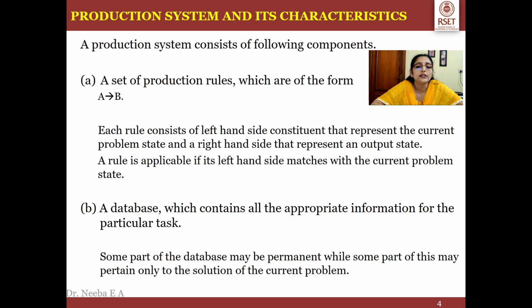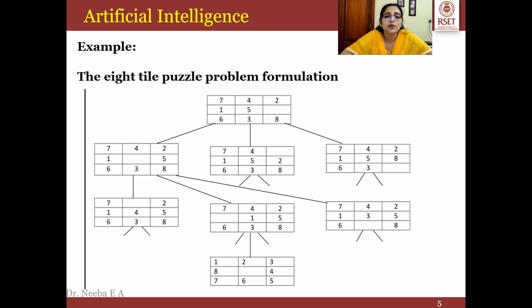Okay, and the second one is a database, which contains all appropriate information for a particular task. Some part of the database may be permanent, while some part of this may pertain only to the solution of the current problem. To explain a set of production rules and database, we can just see this example, the 8-tile